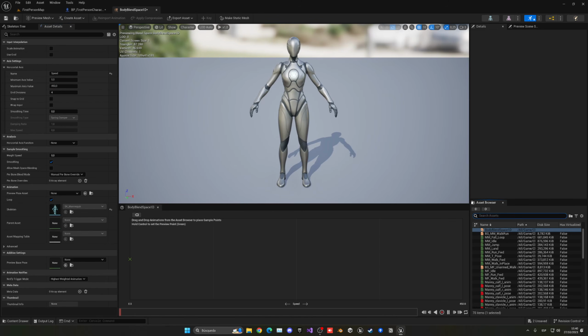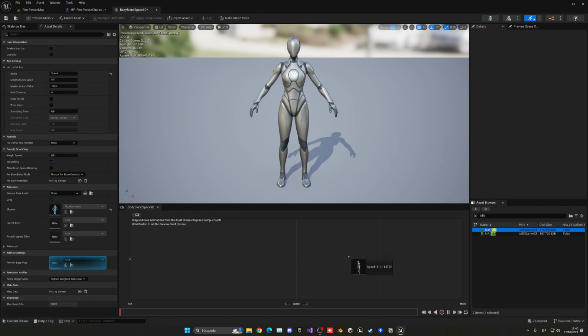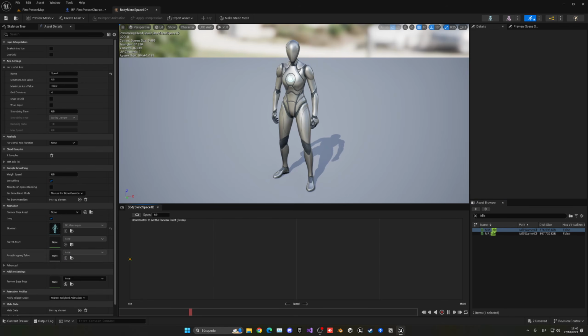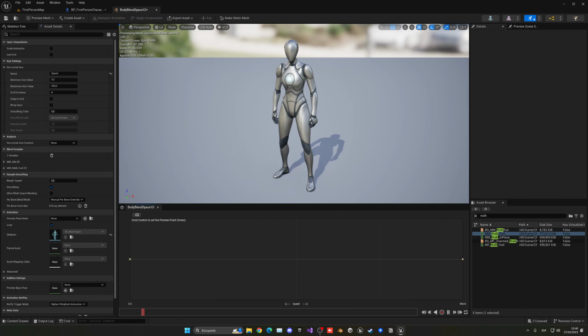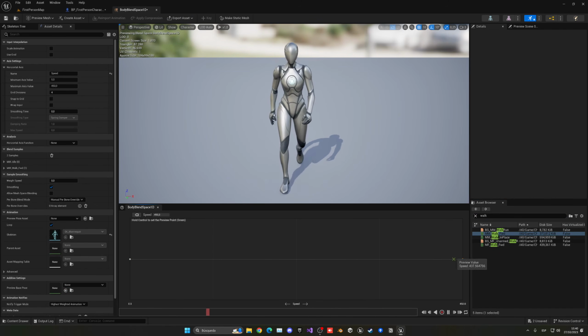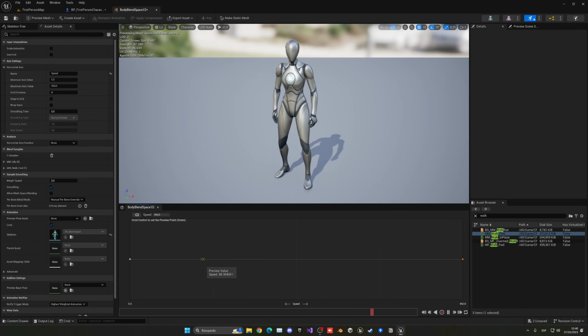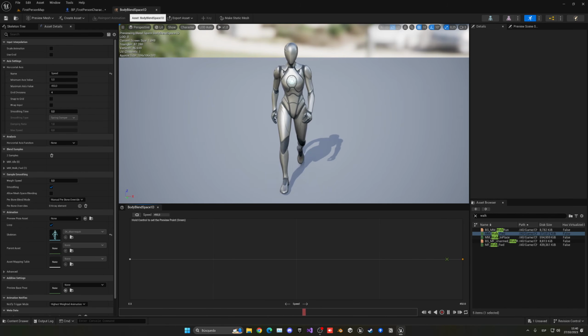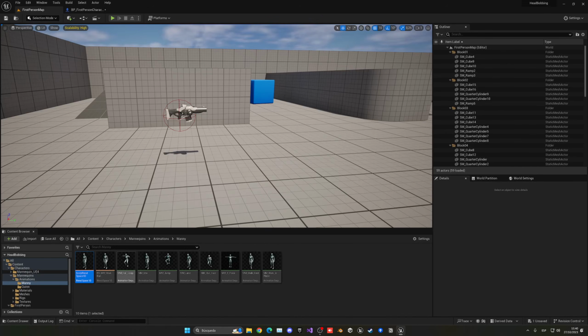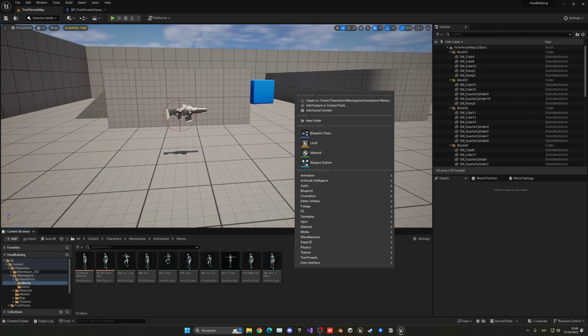And now I'm gonna go ahead and just find the auto animation for Manny, which will be MM. It doesn't really matter if you use Manny Queen. And then the walk will be MM walk forward. And now if I hold control, as you can see, as the speed variable increases along the horizontal axis, we can see that it will transition from the idle to walk animation. So now I can save that, close it, and go back here,